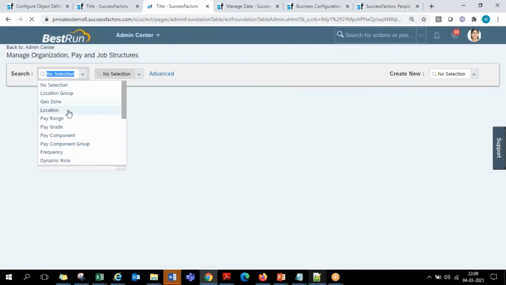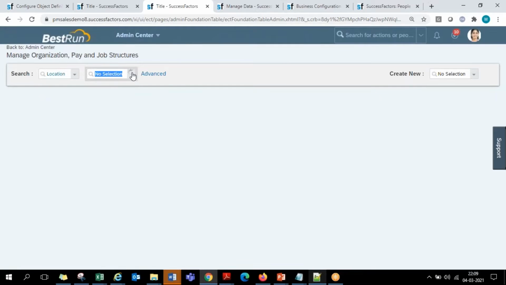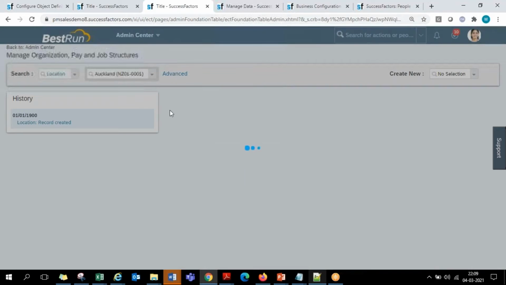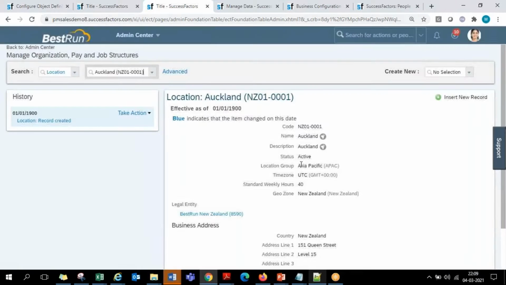So I open a location once again. Any location you pick is connected with one geographical zone in this demo system already. This tagging is not mandatory, guys, if they don't want to use it. Some companies use geographical zone as a country: any locations of India are grouped under the India geographical zone, any locations of US under the US geographical zone. Or in India, if they want to divide into metro cities and non-metro cities, it's up to them.